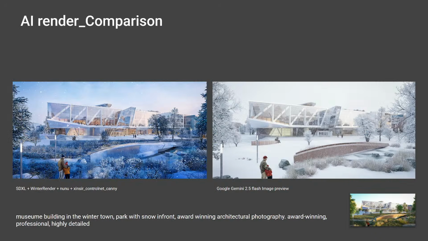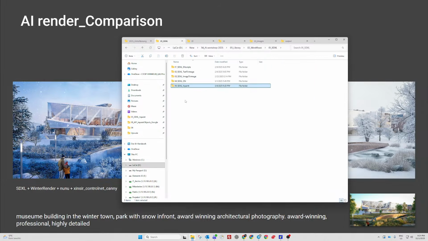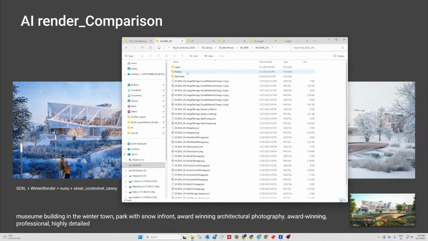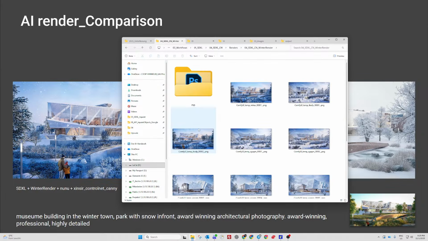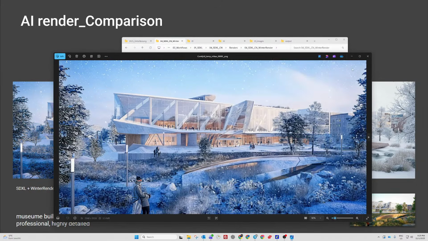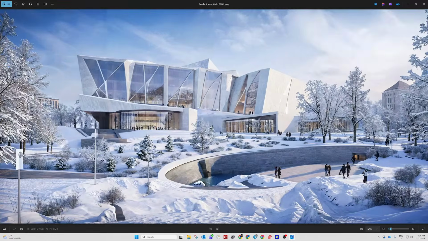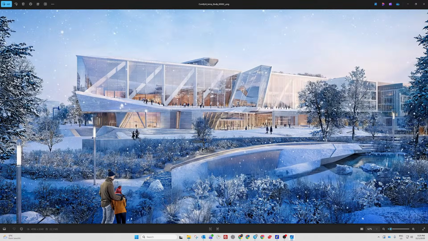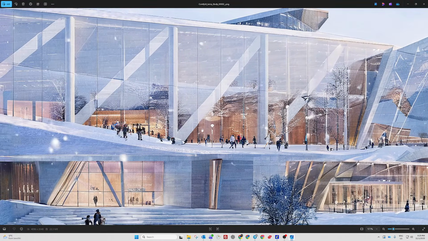And this final image is already after Photoshop actually. It's just small changes, and I can show you what exactly SDXL produced here. So basically, if I go to renders, and so winter renders, I suppose is this image, or maybe this one, probably this one. So what you can see, first of all, these people here and all these reflections are not